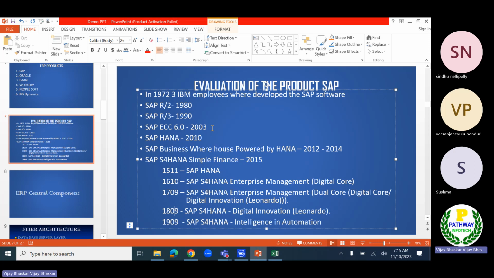In a similar way, even SAP, earlier, whatever old functionalities they had, there were some challenges within the system. To overcome those problems, SAP is adding new functionalities year on year.